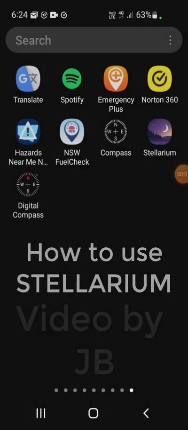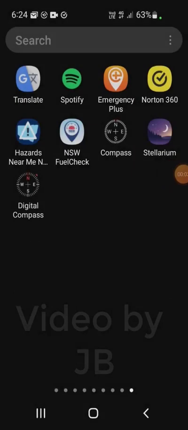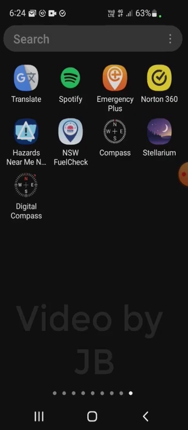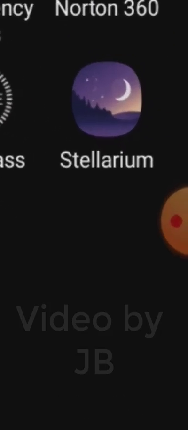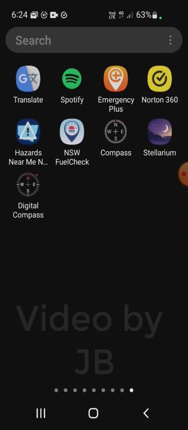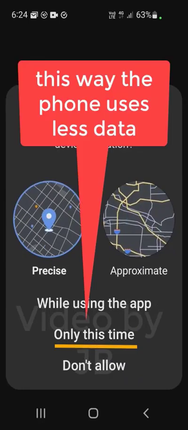How to use the Stellarium app. On the right hand side under Norton, you can see how the Stellarium app installed. You can find it on the Google store or the Apple store. So I'm on Android, using this on Android, so obviously I click it, and when I install it, I only